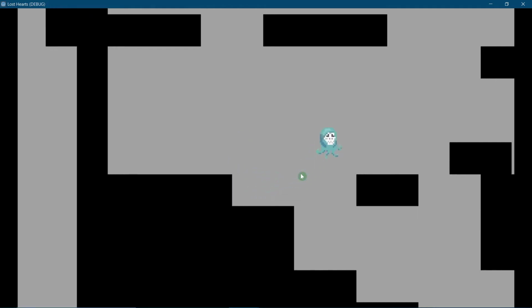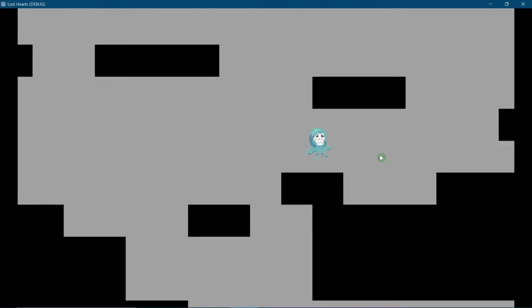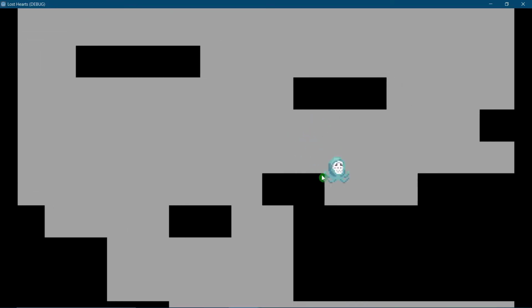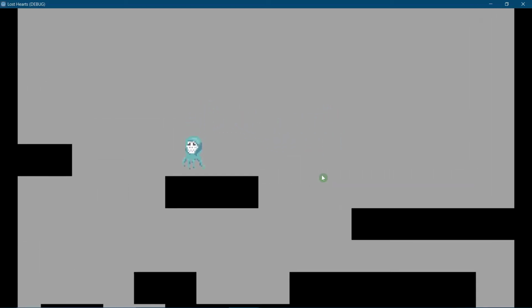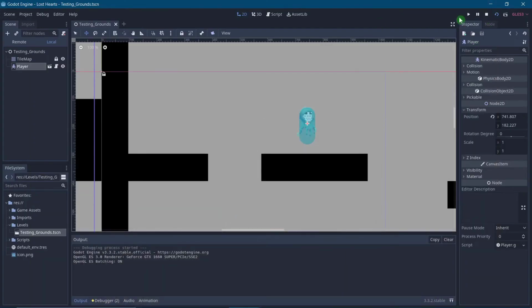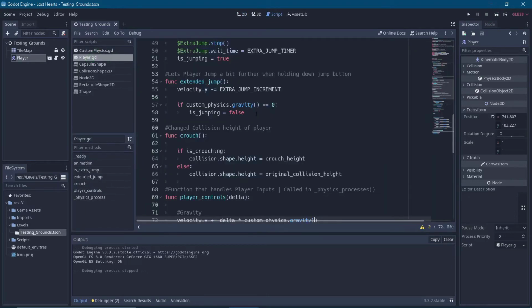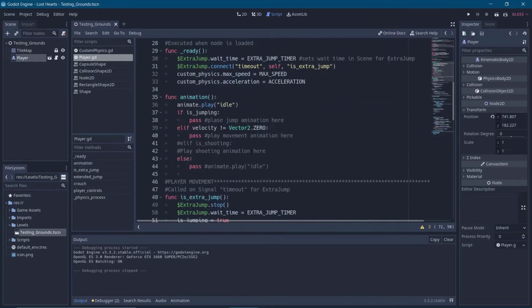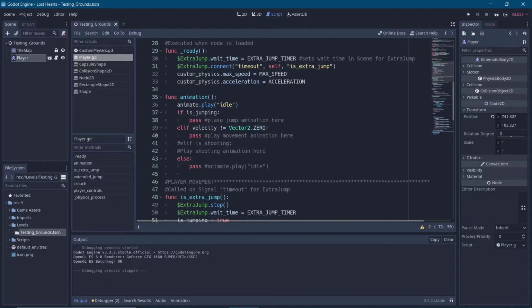Is there any code to go over? Sort of. I mostly spent my time creating this animated sprite and dialing in the way the jumps work and all that. So, we'll hop into the code real quick, just to say we did that. So, what happened in the code? Mostly this is just a new function right here, animation. And all I'm just using this function for is to handle my animation, because I have a lot of booleans